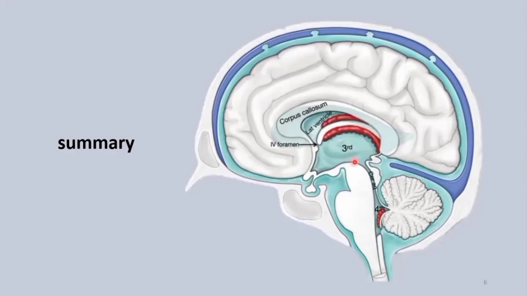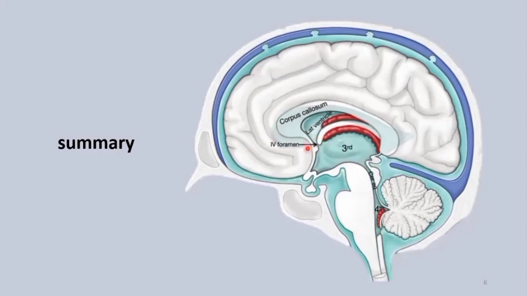Now from the third ventricle, there is a duct known as the cerebral aqueduct, also known as the duct of Sylvius. This duct drains into the fourth ventricle. Here is the fourth ventricle. In the fourth ventricle, you see the red line. It is the choroid plexus of the fourth ventricle. From the fourth ventricle, there are foramina known as the foramen of Luschka and Magendie. So all these are communications.